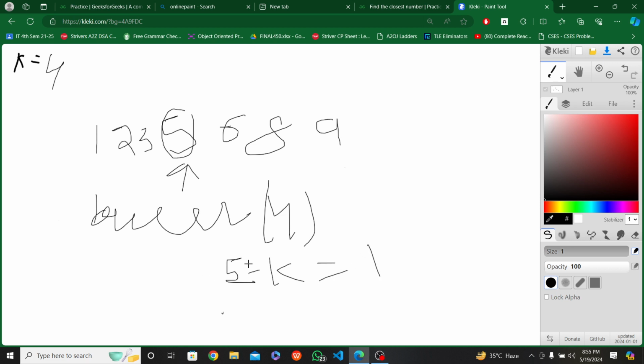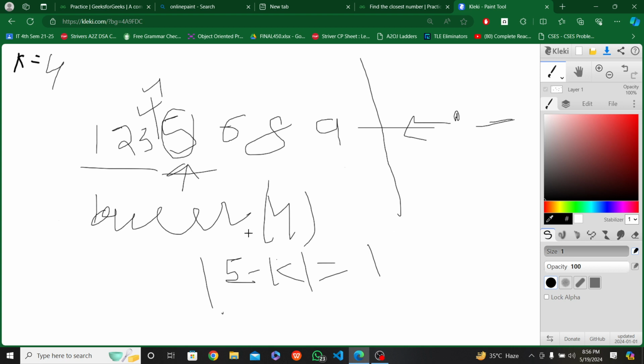1. We are taking the absolute value here, and this position may be the lowest value. But one thing we know is that if this is my k, the closest element can be on this side or on this side. So we have to consider both sides, because 4 lies here. We got 5, so we need to check